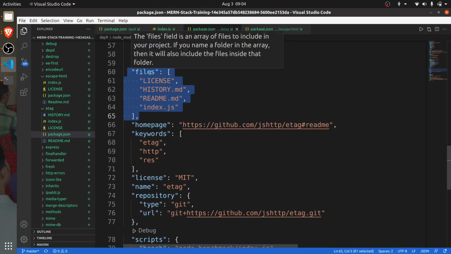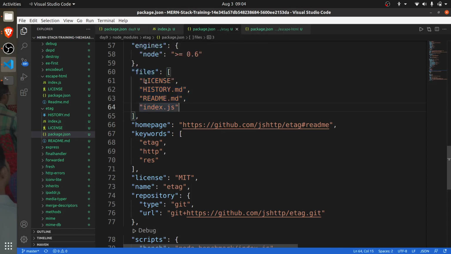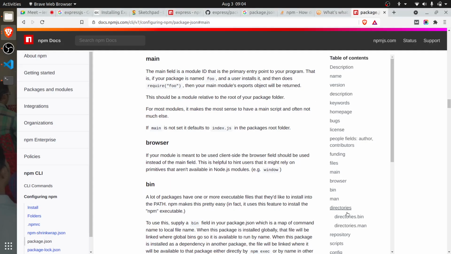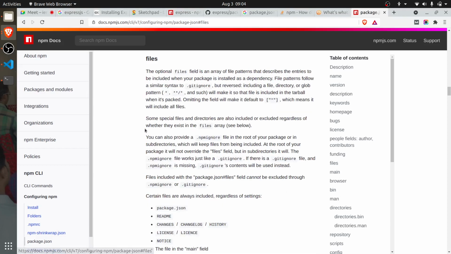The files tag means these files should be available, or entry points, whenever someone is requiring like this. The optional files field is an array of file patterns that describes the entries to be included when the package is installed as a dependency. Remember that, and that's why they don't have it.